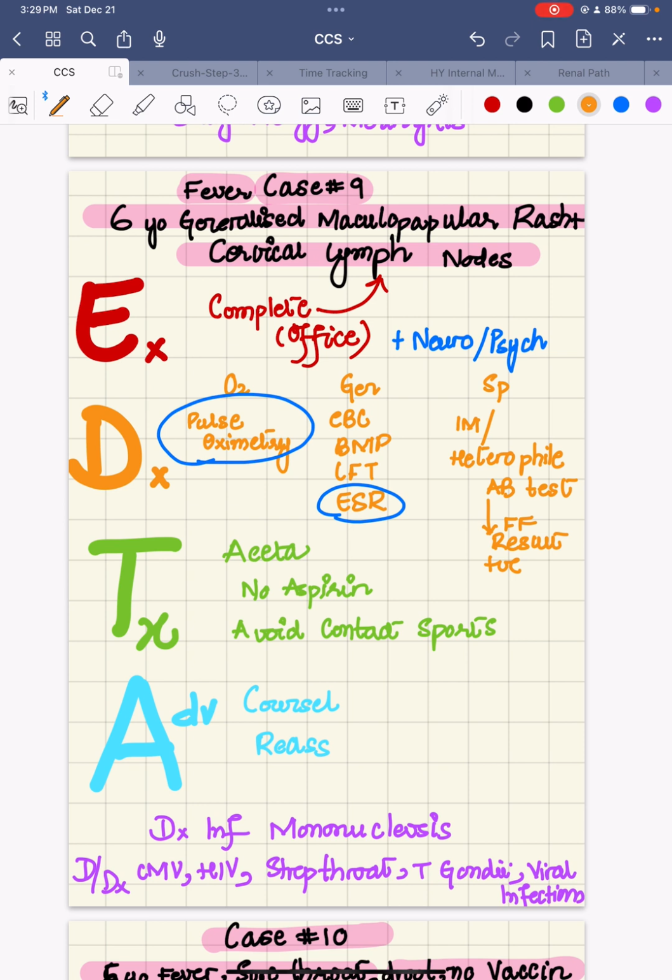And specifically get infectious mononucleosis or heterophile antibody testing done, and fast forward to the results. Now, if they are positive, then begins the treatment with acetaminophen, advise no aspirin, and avoid contact sports, and advise counseling and reassurance. And the diagnosis is infectious mononucleosis with the differential diagnosis of CMV, HIV, strep throat, Toxoplasma gondii,